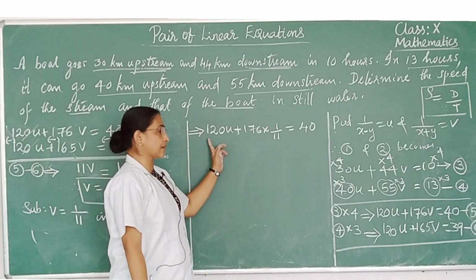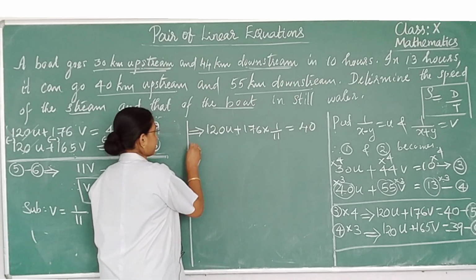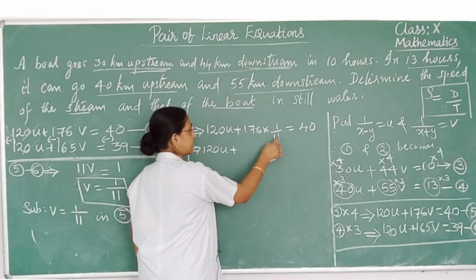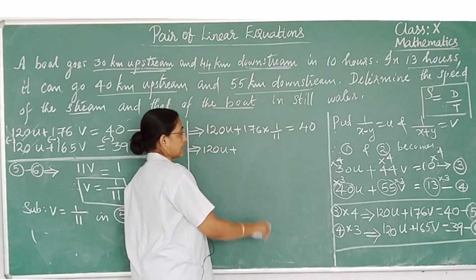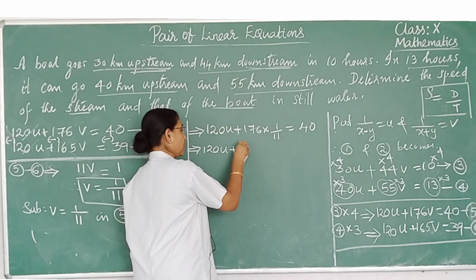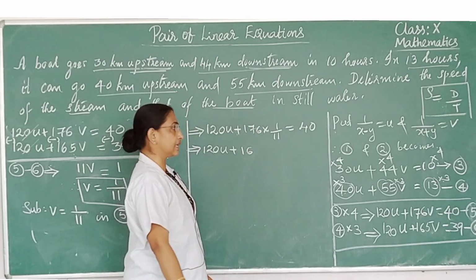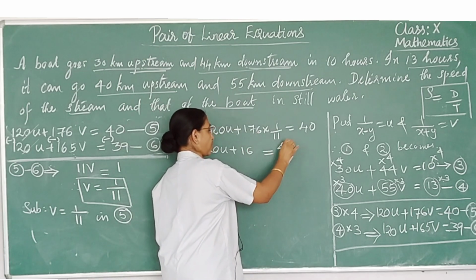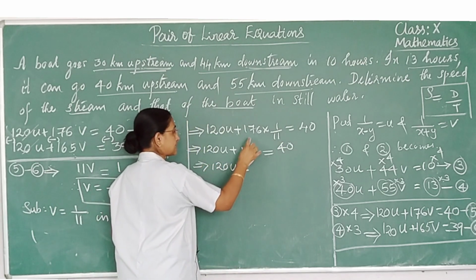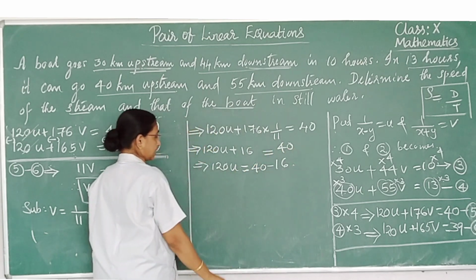In any equation you can substitute. I am substituting in equation 5. Okay, we can simplify. 120u plus 176 divided by 11. 11 one time, because 11 two times is 22. 11 one time, balance 6, 66, 6 times, so 16, equal to your right side 40, which implies 120u equals plus 16 comes to right side becomes minus 16, so 40 minus 16, which implies